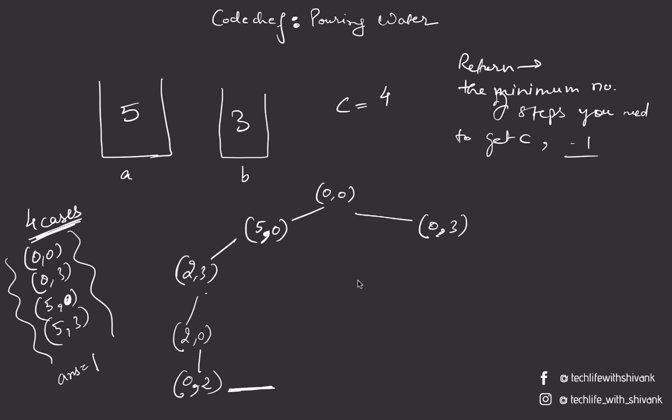So the only thing that makes sense from here is to fill the first container completely again, which gives us 5, 2. And from here, the only case that makes sense is to transfer from the first container to the second container, which will give us 4, 3, and hence we'll get exactly amount 4 in one of the containers. And through this route, the answer is 1, 2, 3, 4, 5, 6 steps.